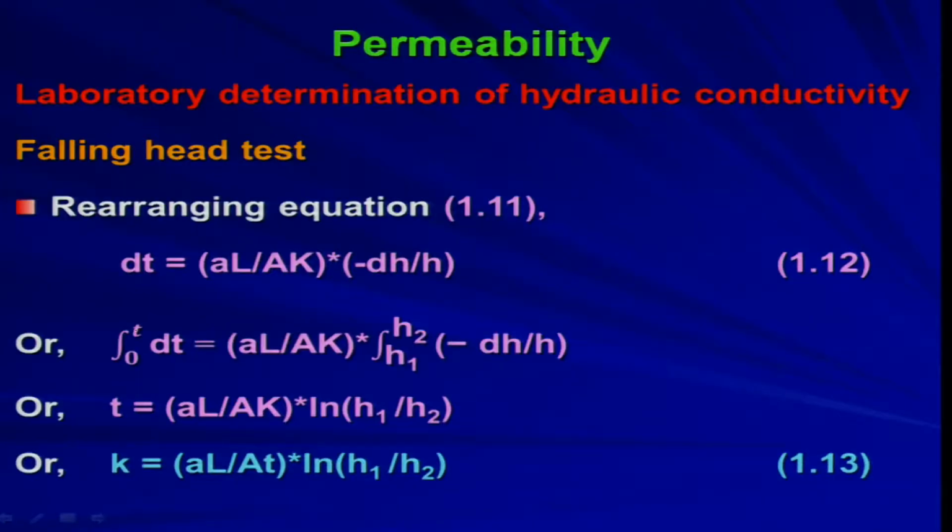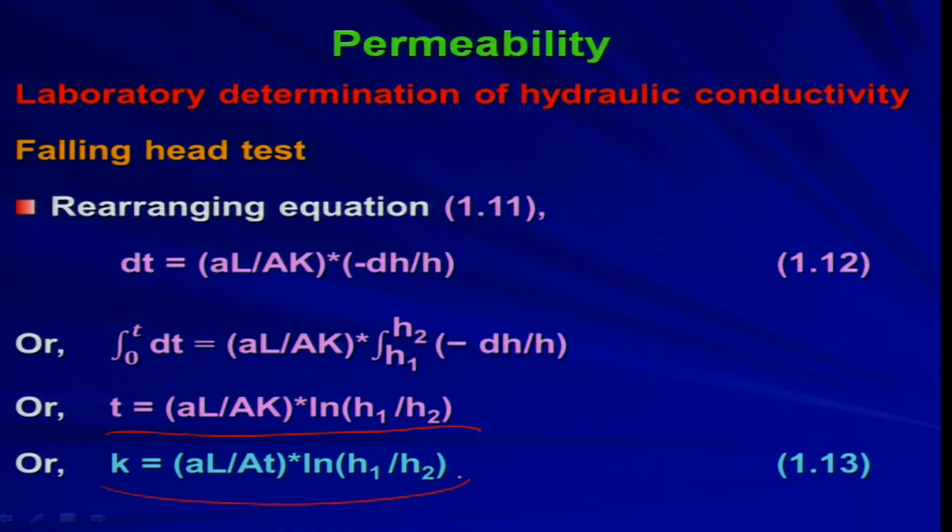Okay. So, rearranging equation 1.11, basically we get dt is equal to small a into L divided by capital A into K into minus dH by H. So, now we are integrating both the sides over the range 0 to t for dt and over the range H1 to H2. So, from this basically we get t equal to small a into L divided by A K into log base e H1 by H2. So, now from this expression, this is my final expression, that is the expression which will give